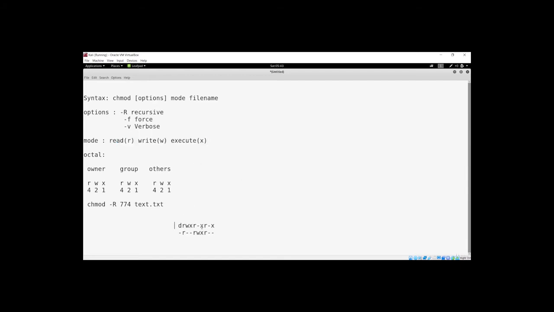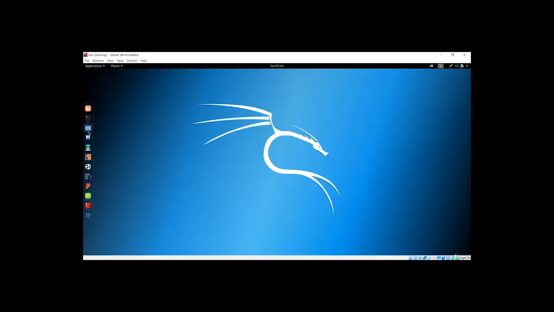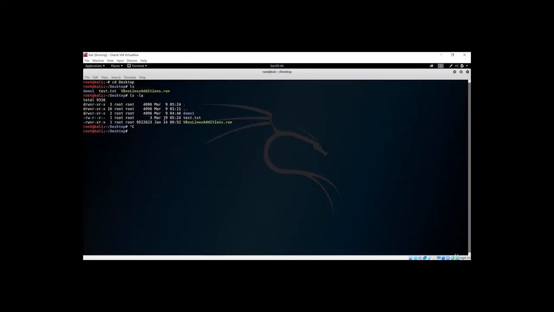If you want to change the privileges of a file, let me open the terminal again. In this test.txt, you can see that it is a file because it starts with a dash. rw- is the privilege for the owner, so they can only read and write, not execute.